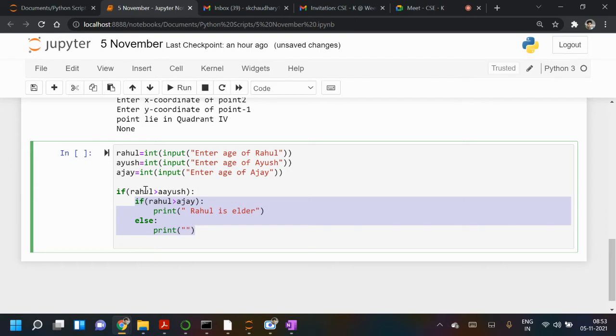This is fixed, and this is okay because Rahul has more age than Ayush. Here in the else part, Rahul has less age than Ajay. So what should I write? Who is elder here? Anyone?